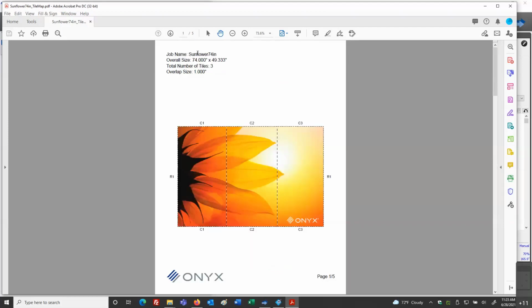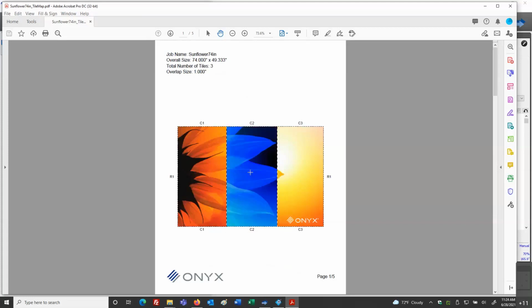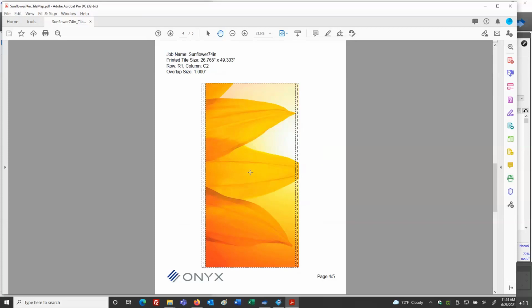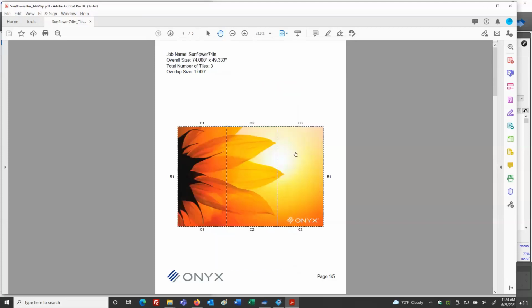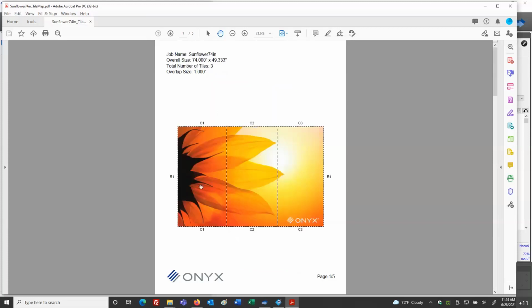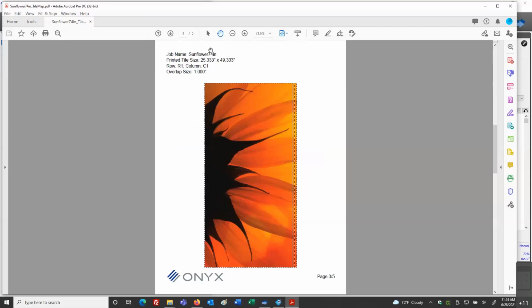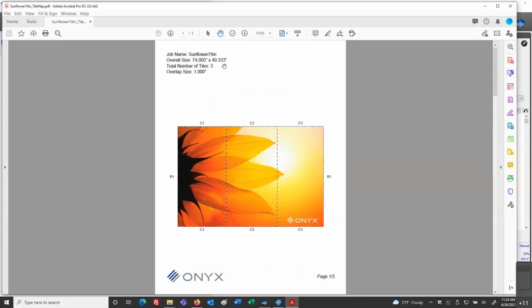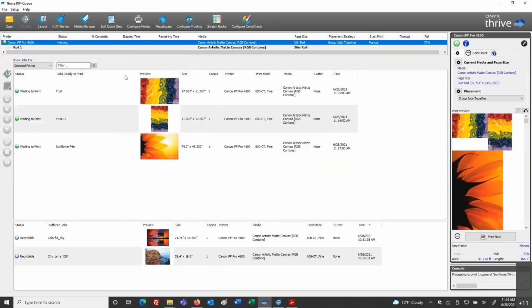I can click and go back to page 1. If I want to quickly go to column 2, I can simply click on column 2 and it puts me in that location. So you're able to navigate fairly quickly here through going back to the main page or going to a specific tile panel, whether it's a column or a row within the file. So again, this information could be emailed to the installation team and they can have that for reference and visual. Okay. So just a few examples with working with the quick sets.